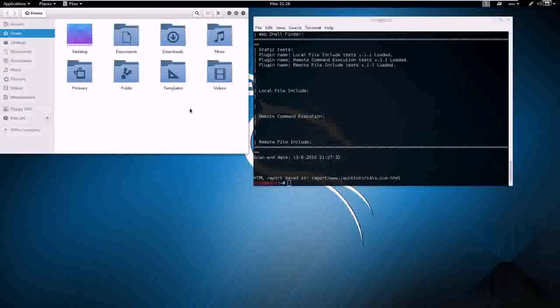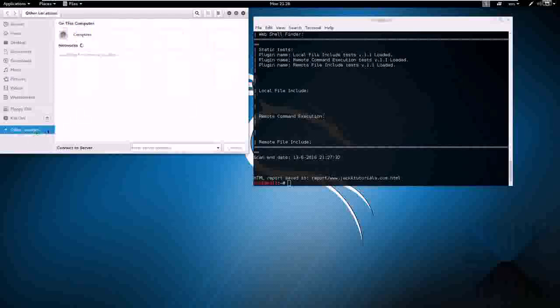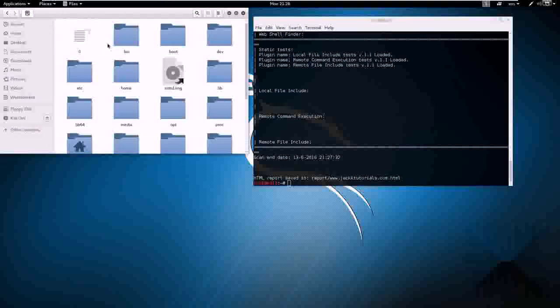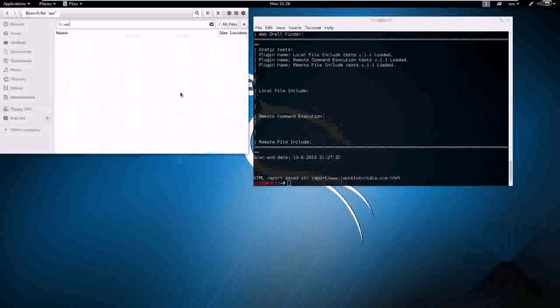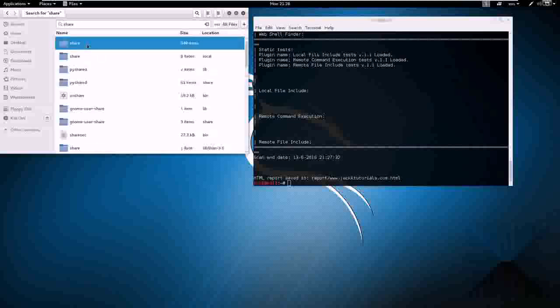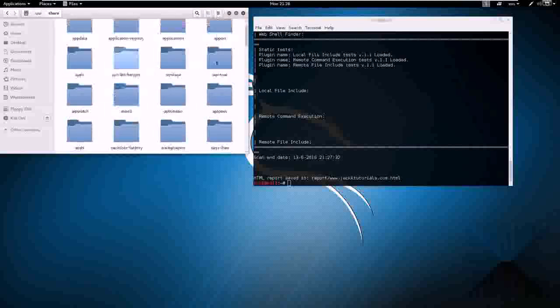So it saves the report files in HTML files. It's a very nice, very professional looking report, so you can use this for, I don't know, real life pen testing if you were to do such a thing. So just go ahead and click on other locations and then go to computer and then just type in user and then go to share, and inside of share there should be a folder called Uniscan,